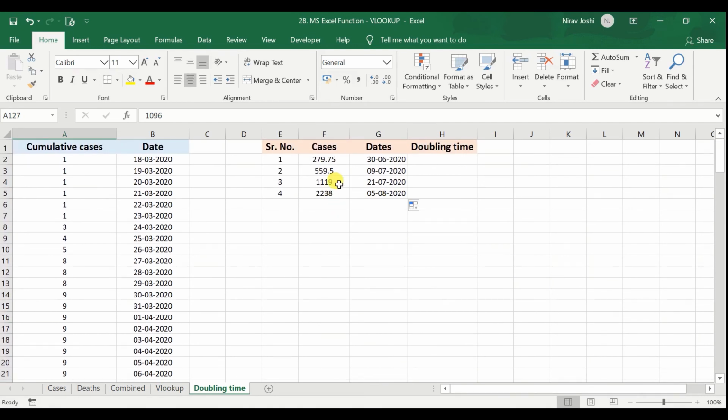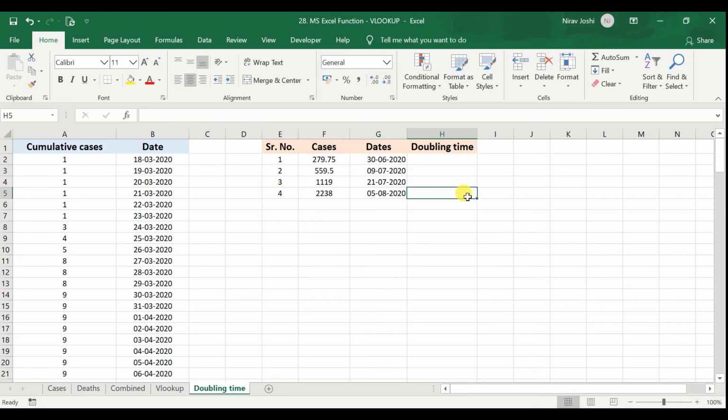So that is the function or use of this approximate match, that it will compare and identify approximate value which is lesser than the lookup value. And that is the reason that whenever you are using approximate match, you should be having the lookup value in ascending order. Then and then this approximate match would be functioning appropriately. So as you see here, we have cumulative number of cases in this column, and that's why we need not arrange or sort them in ascending manner, and that will work perfectly for this example. Otherwise you may need to sort these numbers in ascending order to use this VLOOKUP function properly.